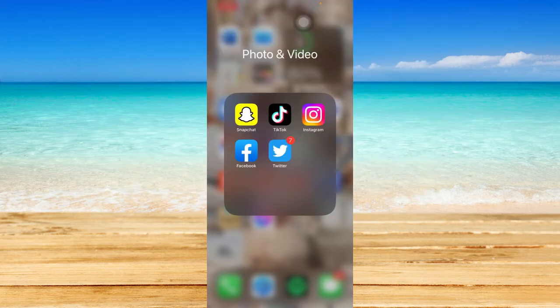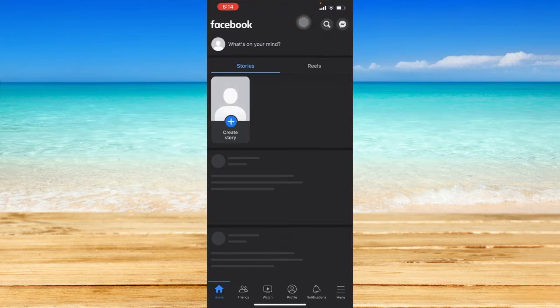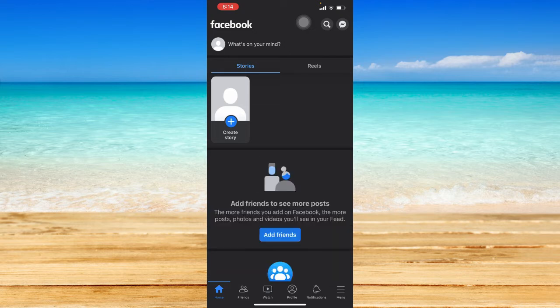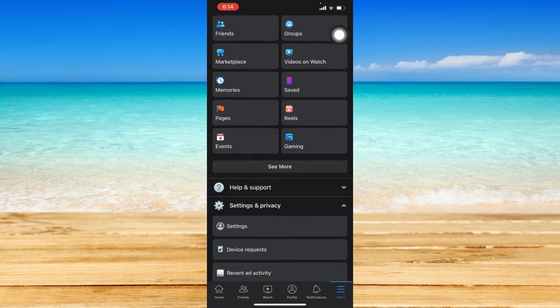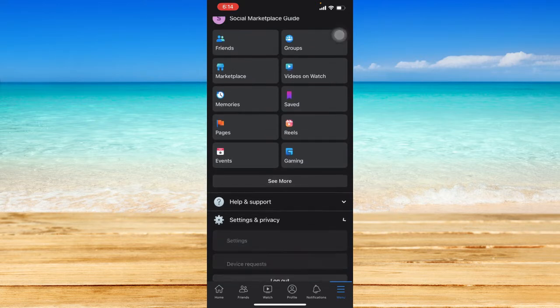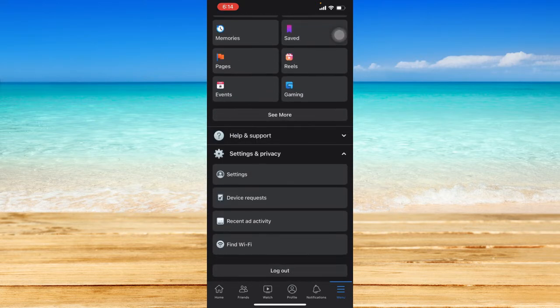So let's just click on our Facebook application and make sure that your Facebook app is up to date. If not, please go to the App Store and update your Facebook application. After that, just open the app and click on the three-line button at the lower right corner right here that says Menu, and scroll down a bit and click on Settings and Privacy. Click on Settings